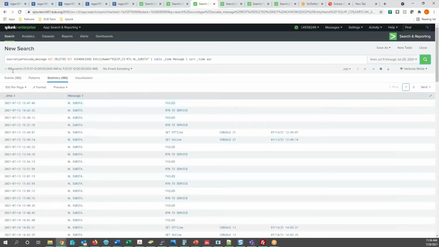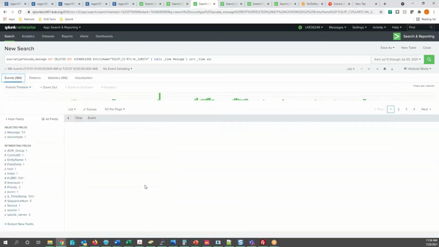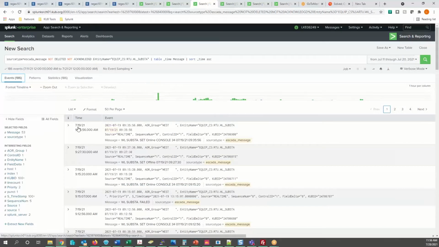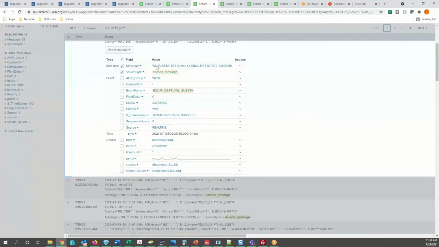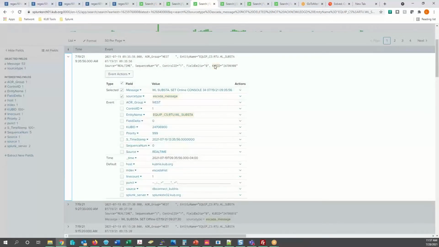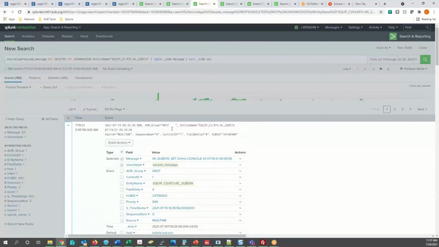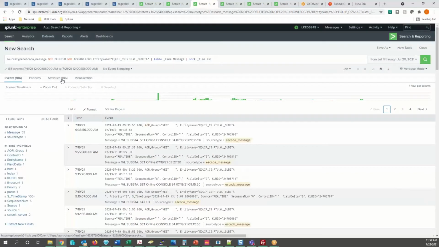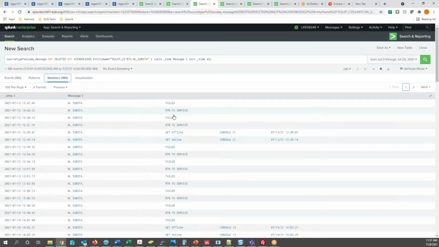So looking at the data, if you go back and look at the event data, the message, the web interface is removing all that extra white space that you saw in Regex 101, but it's still there. So what I need to know is, I want to see these events here. So the easiest way to do it is if I do a Rex command,